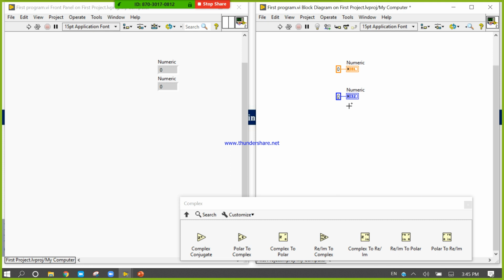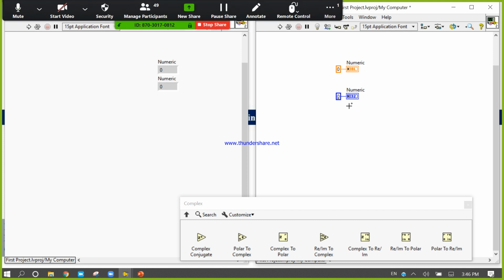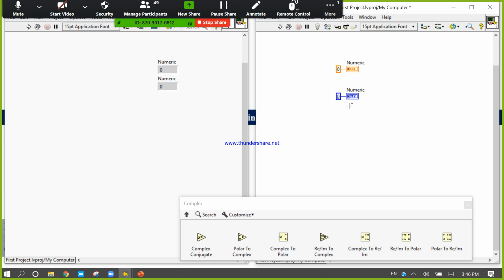So what is DBL and what is I32? There are whole numbers, rational numbers, fractional numbers. After that, integers. Integers means numbers without any decimal points. You know very well what integers mean.